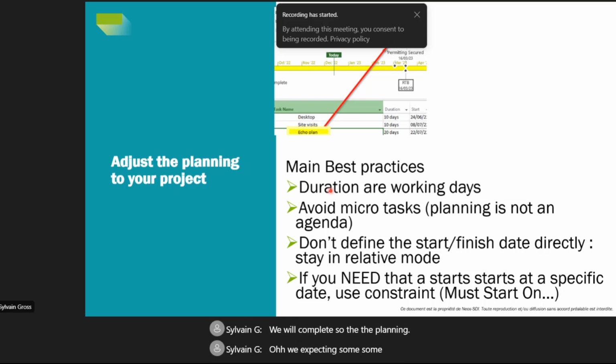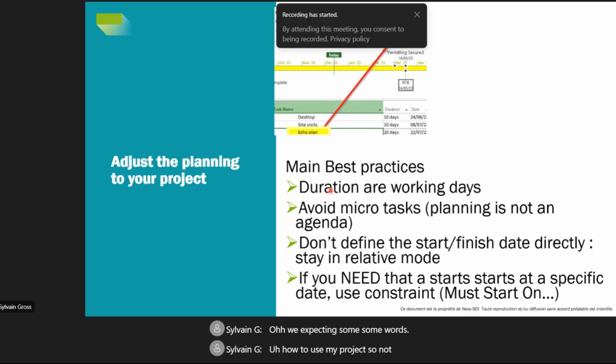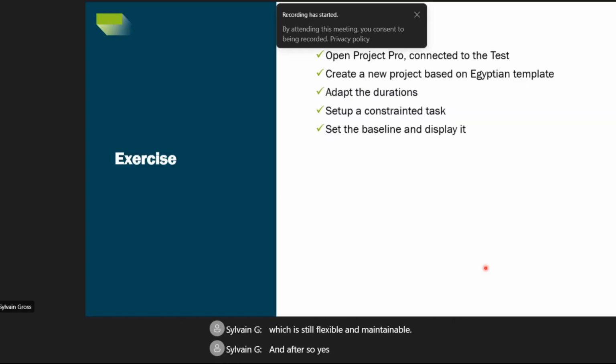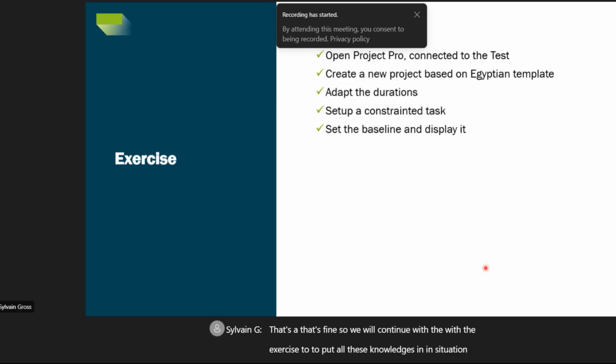We're expecting some rules on how to use MS Project. So not defining some start and finish dates directly, but using some constraint on some specific tasks to have a planning which is still flexible and maintainable. And after, so yes, that's fine. So we will continue with the exercise to put all this knowledge in situation by creating a new